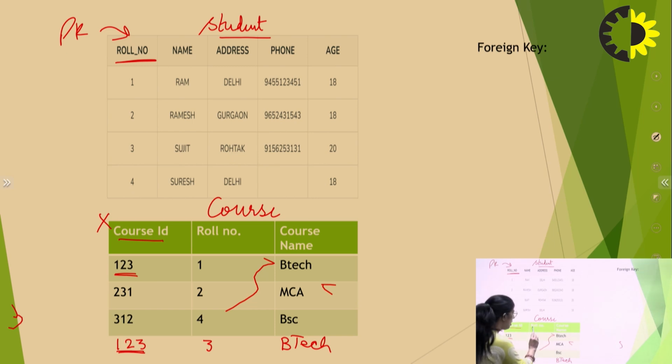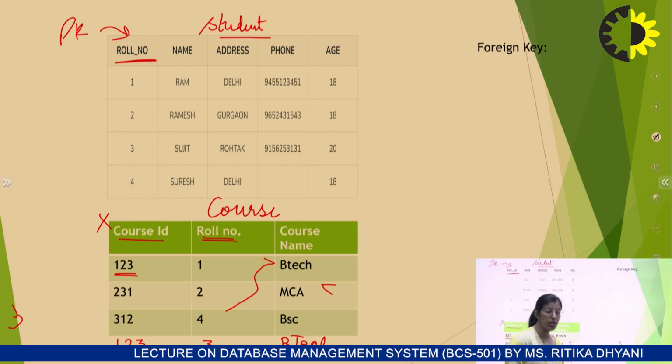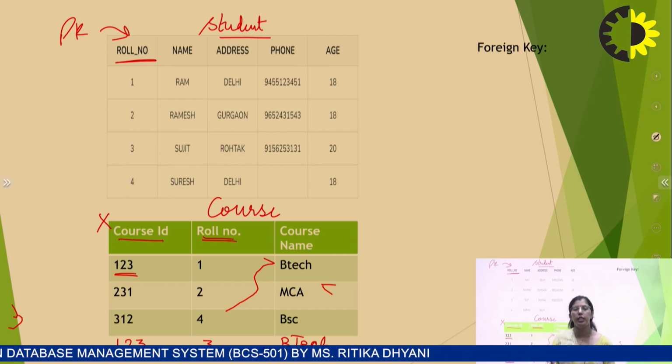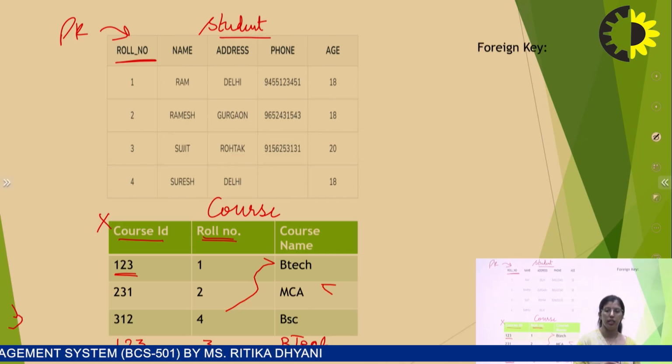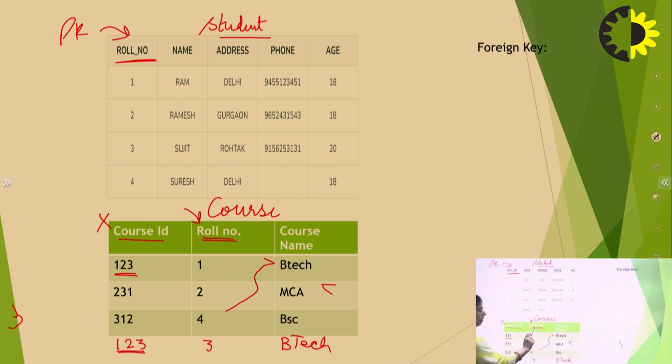Now, when it comes to roll number, we can see each student can be admitted to only one course, either BTech, either MCA, either BSc or any other course. It must not be the case where a student is admitted to two different courses, whether it's BTech or MCA. It's not possible in real life. So this entry of this particular table is always unique. So this is the primary key also for this table, but